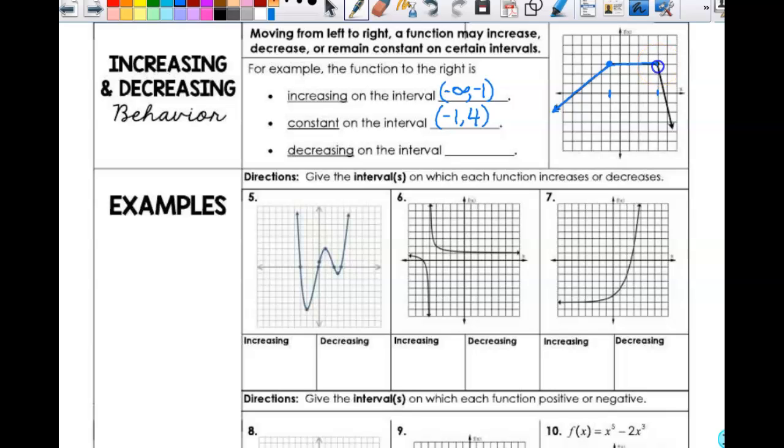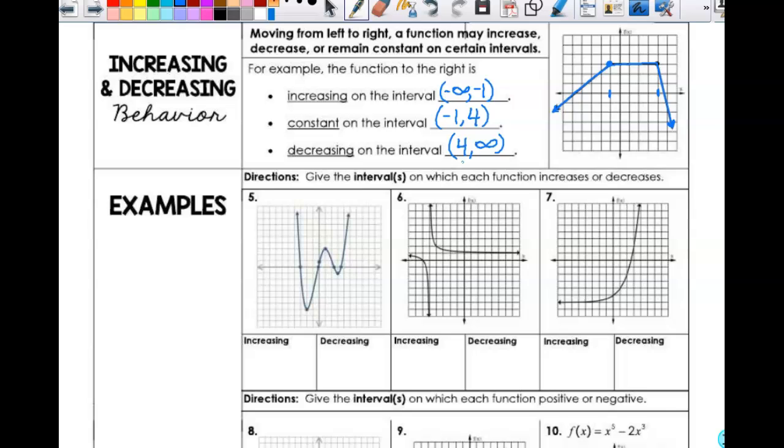And then starting at 4, and I know I'm pointing to negative infinity. My y goes to negative infinity, but I'm writing about x. I start at 4 on the x-axis, and all the way to when x is infinity, I'm still decreasing. So it's 4 to infinity. All right,